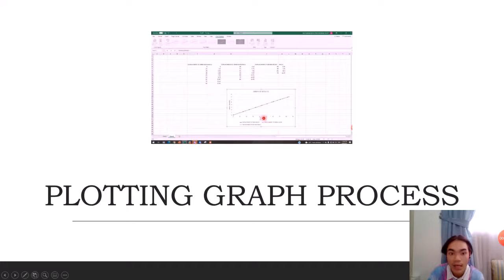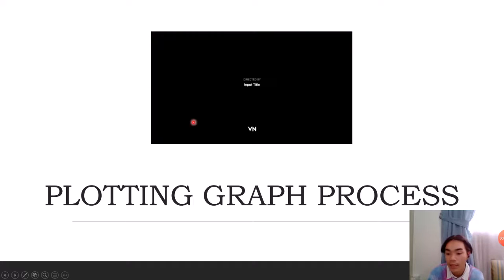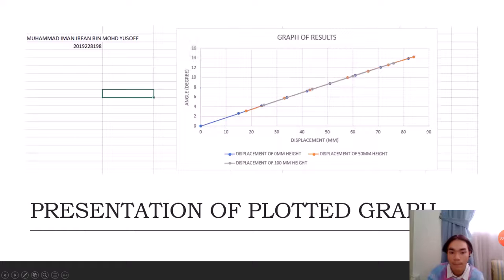Okay, and to guarantee that this is mine, I wrote down my name there, Muhammad Irfan bin Muhammad Yusuf, with my matrix ID, right? So this is the close-up of the graph, my name there, and the graph here, graph of results,